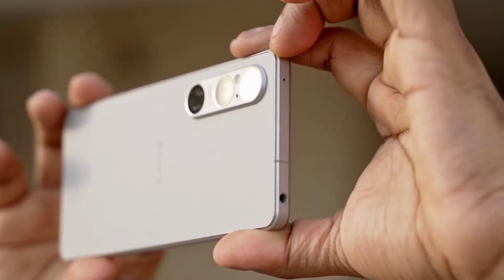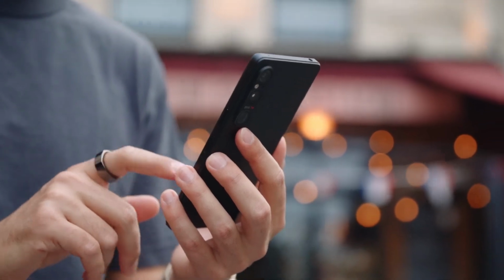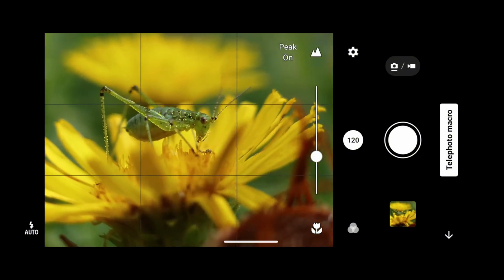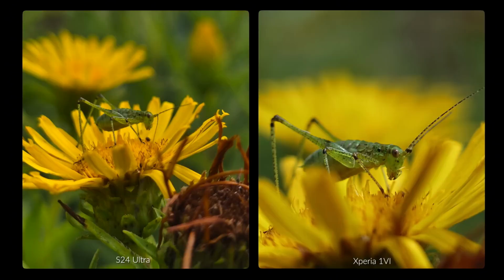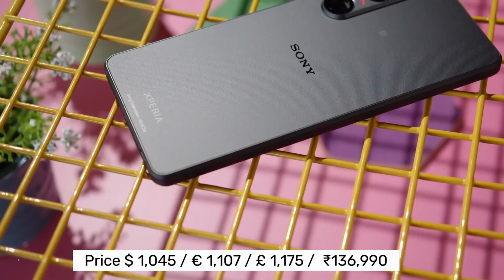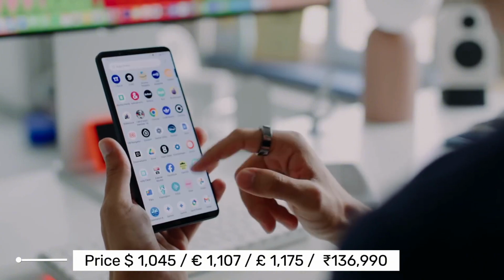The Sony Xperia 1 Mark 6 takes a more conformist approach compared to past efforts. Its screen aspect ratio, resolution, and refresh rate align with industry standards. Photo processing is now more hands-off, and there's no overwhelming array of manual camera apps. While it may not be the ultimate choice for point-and-shoot photographers, it still boasts fan-favorite features, excellent battery life, and